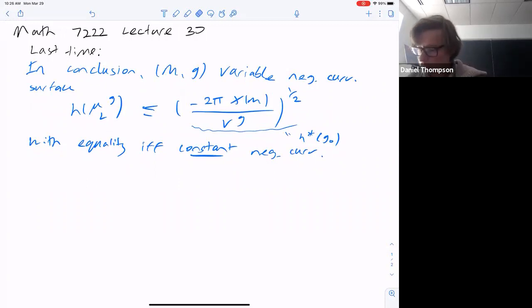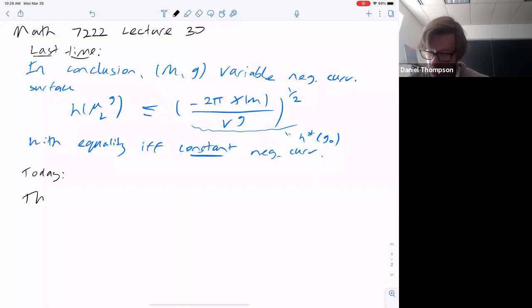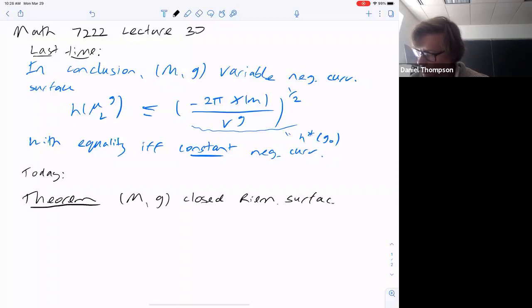So what I want to do today, and this is actually way easier, is the other half of Katok entropy rigidity. So today we're going to prove a theorem. Okay, so we're going to do a closed Riemannian surface as usual. And what I'm going to assume this time is that G0 equals rho